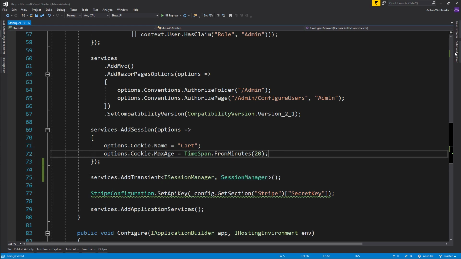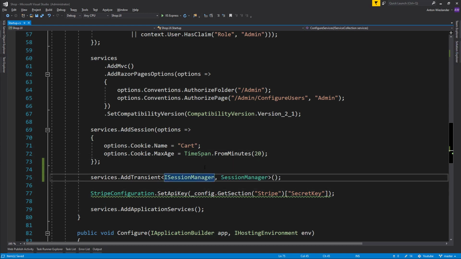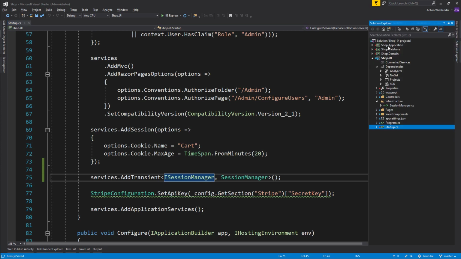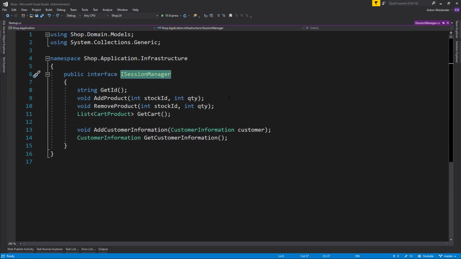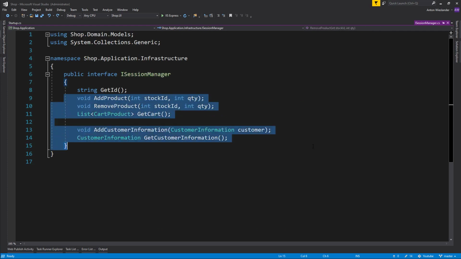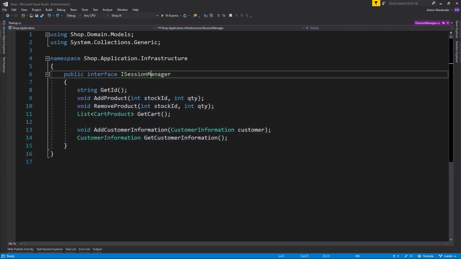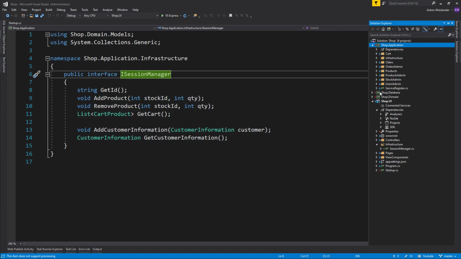Okay, so hopefully by now you can see the power of this ISessionManager interface is coming from the application layer. So really all we're doing is exposing the interface that is living in the application layer, but the implementation for this interface is coming from the UI layer. Something that actually owns this session. So what this allows us to do is that the application layer doesn't know anything about how this ISession works or the underlying technology of